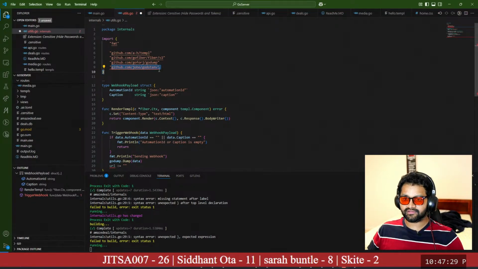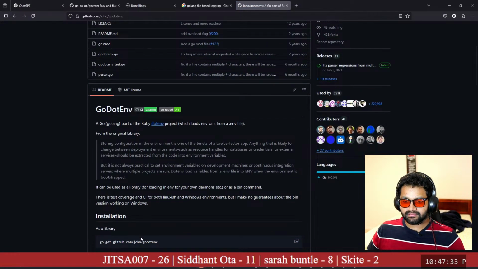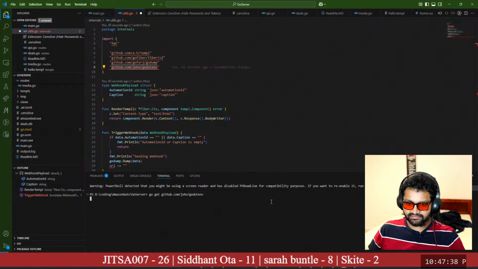Do I have to install this manually? Yeah, looks like it. So install terminal. Let's create a new one. Go get